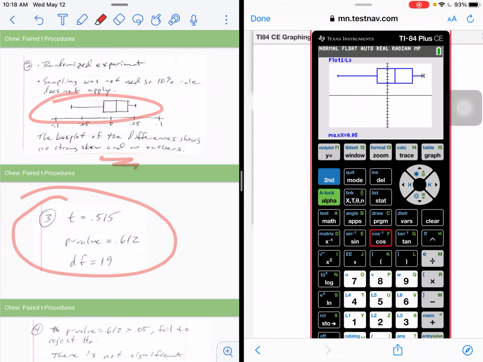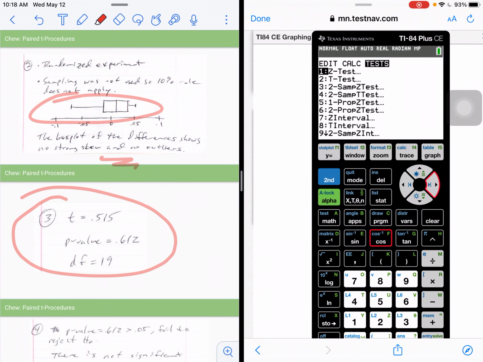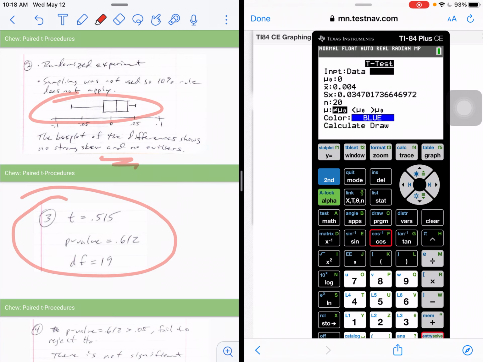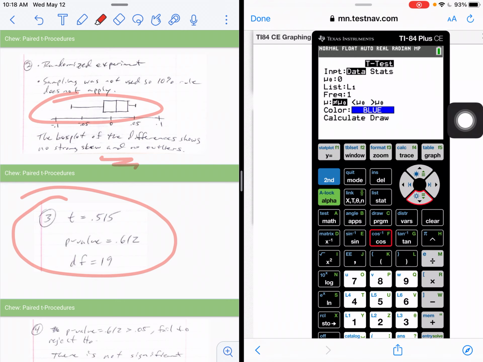So what I'm going to do here is, since basically I condensed my 2 samples into one, I really just need to do a t-test. So I'm going to hit stat, I'm going to go over to tests, I'm going to select t-test, and I'm going to just go data. My null hypothesis is 0, right? That's always the case for a paired t-test. But I need to change my list to L3. Okay, I'm going to then do not equal to as my alternate hypothesis,